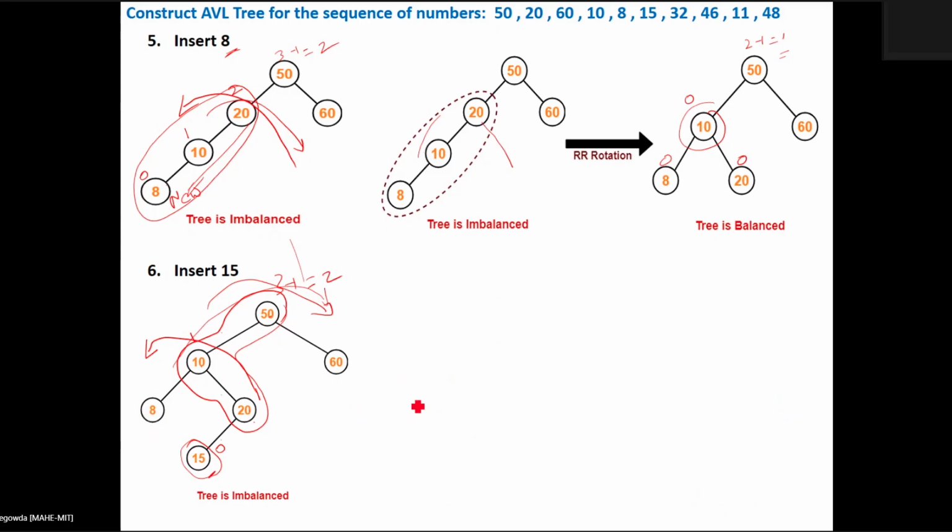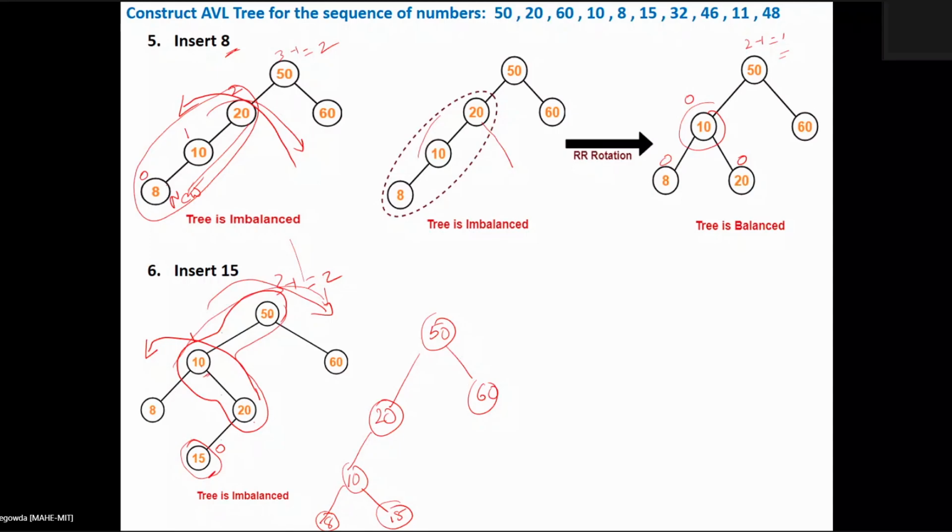When you apply the left rotations for that, your tree will look like this, 50 and 60, and now you are going to apply the left rotation for this. When you apply the left rotation, 20 is going to become the parent node of 10. You are rotating 10 to this, and 8 is going to become the left child of 10, since 15 is nothing but the left child of this. After rotation, 15 is going to become the right child of 10. This is the tree you will get.